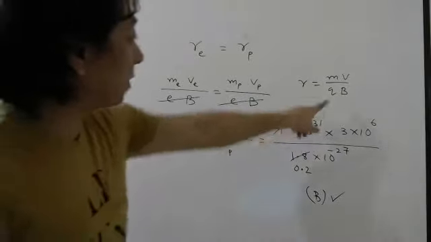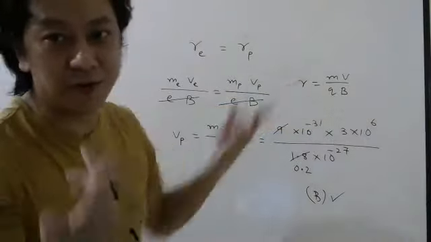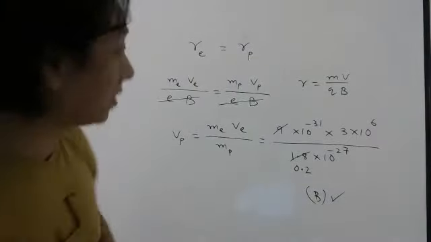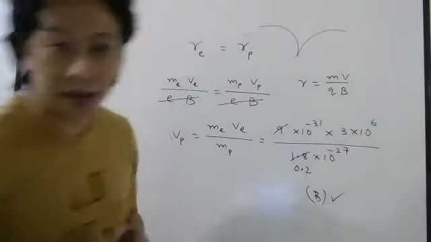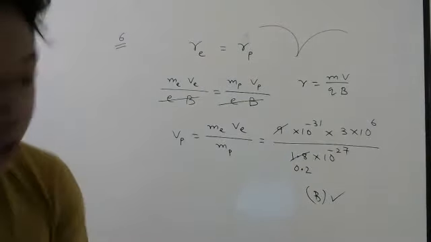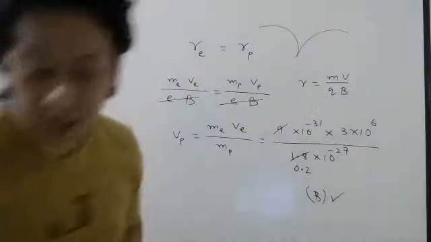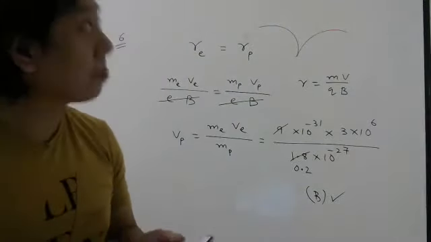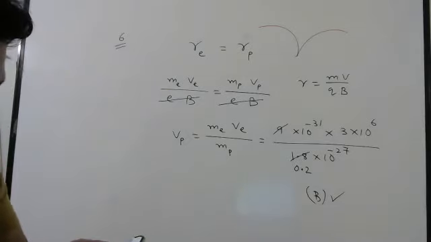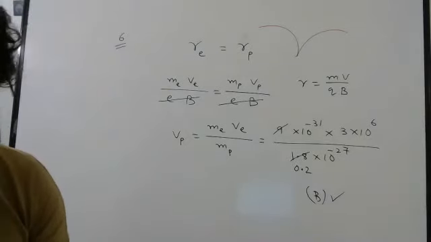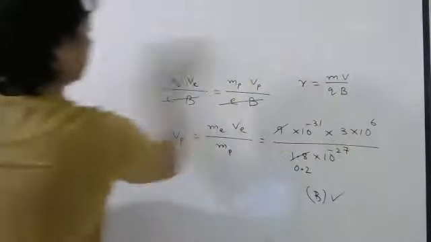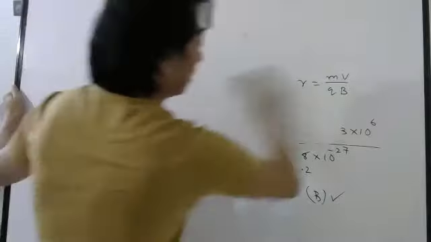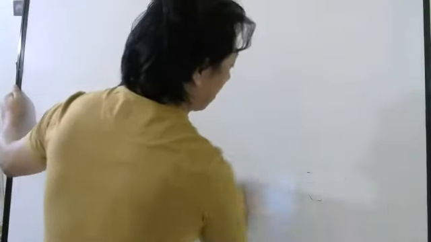Again, what you have to remember, this Q is same for electron and proton, obviously, in magnitude. The only difference is if one goes in this circle, the other will go in this circle, right? Because the forces will be in opposite direction. Because one is negative charge, the other is positive charge. Magnetic field was same here, but particles were different. One was electron, the other one was proton.